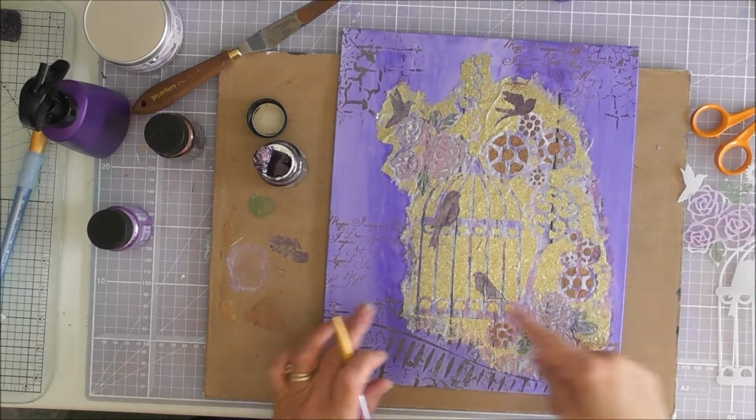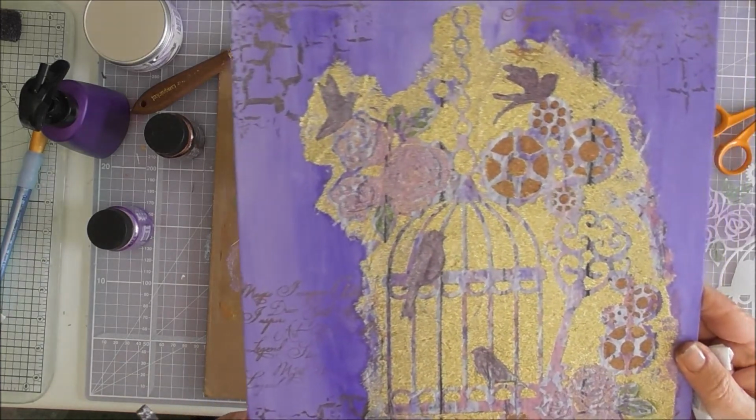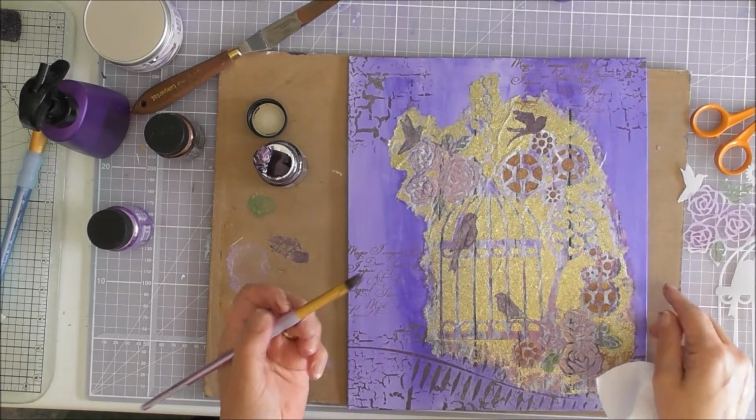See how the birds just pop because I've painted them? I'll lift it up. See how they've just literally popped off the page? So,